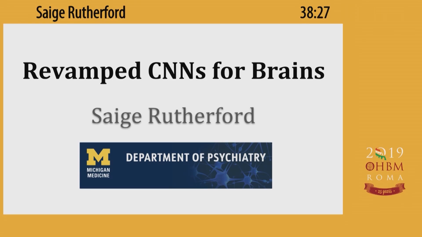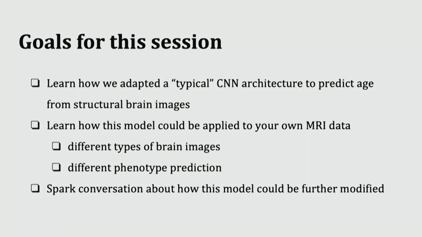So today I'm going to go over this model that I've been using for brain age prediction, but I also kind of want this to be generalizable, in that maybe you use different types of brain images. In my examples, I'm going to be using structural T1 weighted images to predict age, but maybe you're interested in using a different type of brain image, like a different anatomical scan, or maybe a mean task activation map or something to predict a different phenotype.